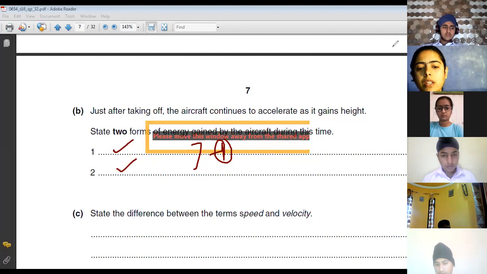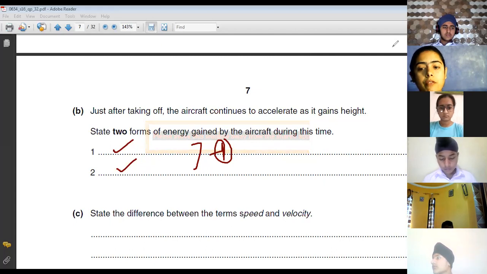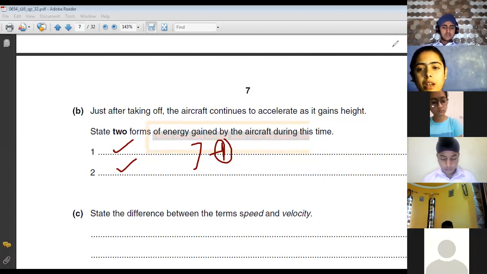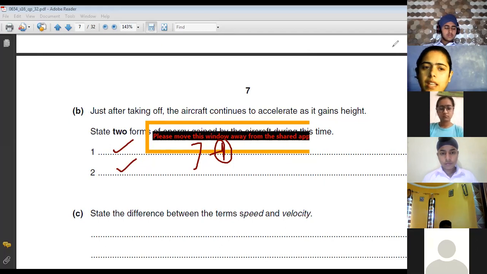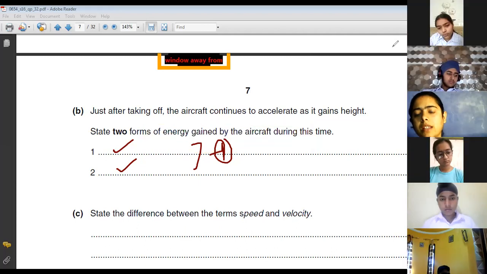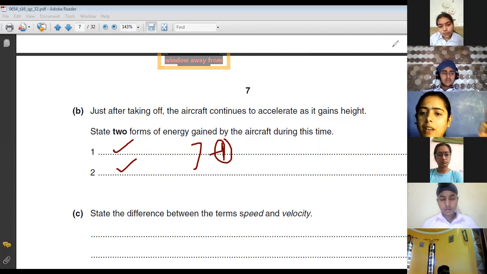Okay, next question. State the difference between the terms speed and velocity. The question is of 1 mark. How are you going to attempt it for 1 mark? State the difference between speed and velocity. One thing they have made clear first: state the difference. Fine. If you write 1, that's going to be sufficient. Now here your answers may vary because you have a lot of differences. But go with the one perfect one. Like they ask for one, so that has to be the main one, okay?